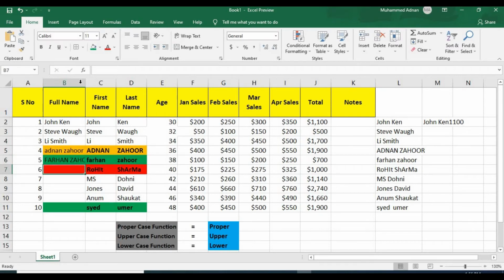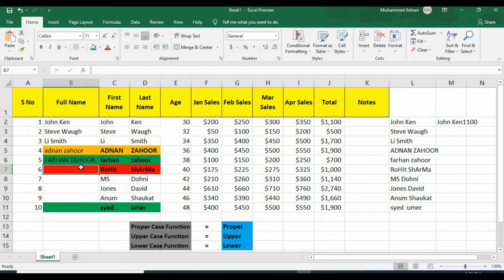Now you can see it will convert the whole name into capital letters.